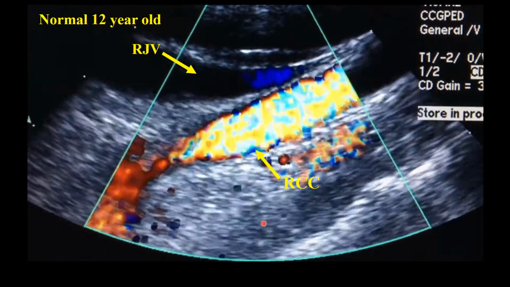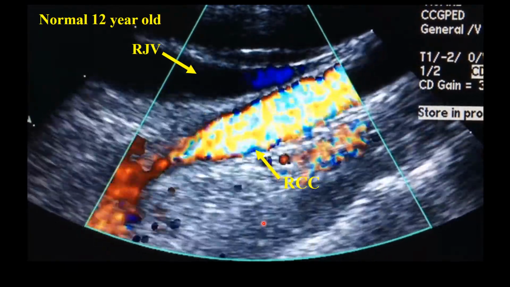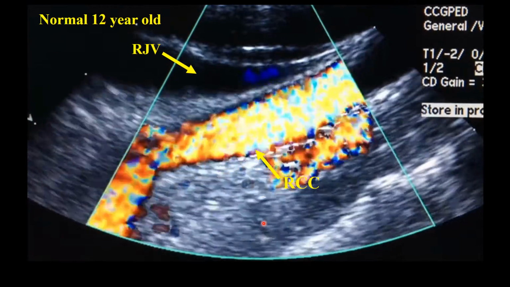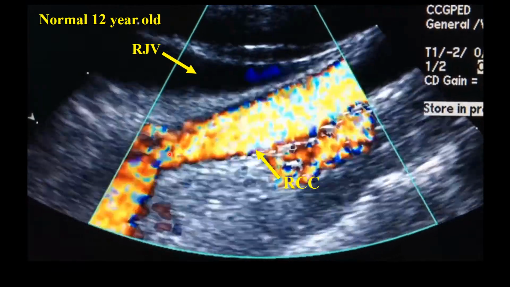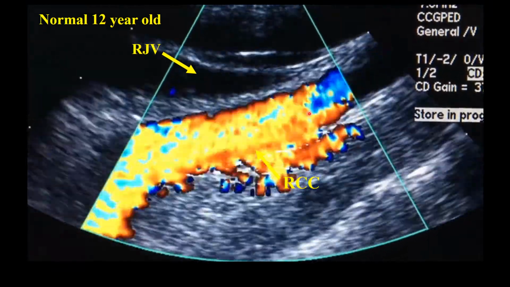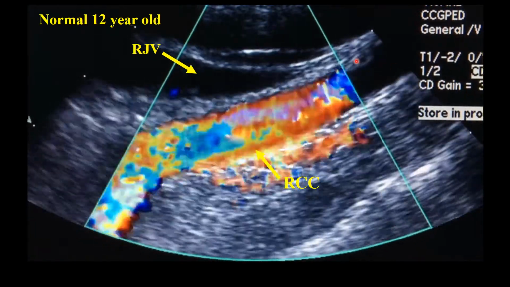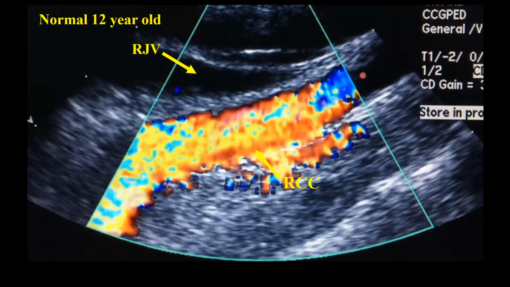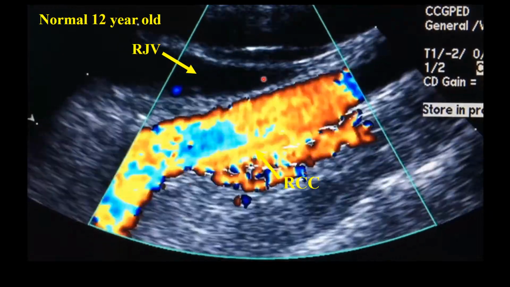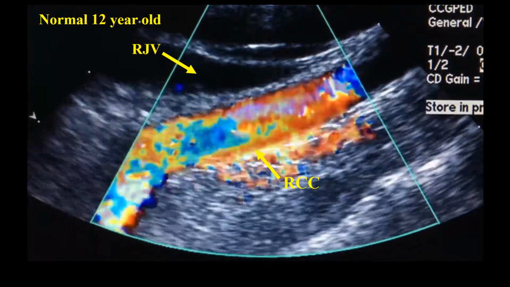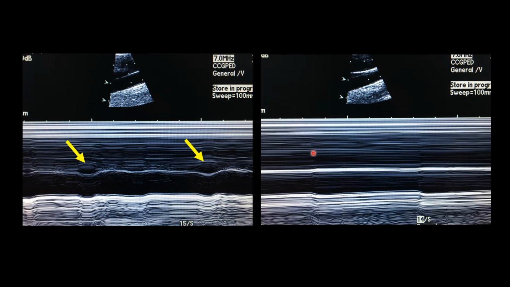Okay, well, let's look at a normal 12-year-old and see how that blood flow looks. We can see that there's normal systolic pulsation here. Nice normal pulsation. A little bit of flow through the right jugular vein. So when we compare the left side and the right side in this normal patient, we can see the right